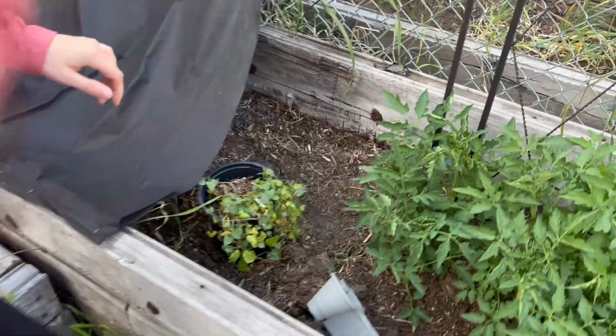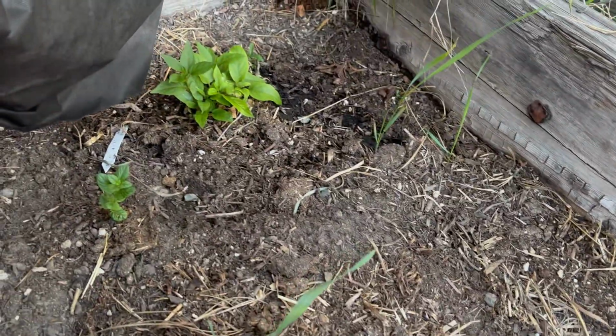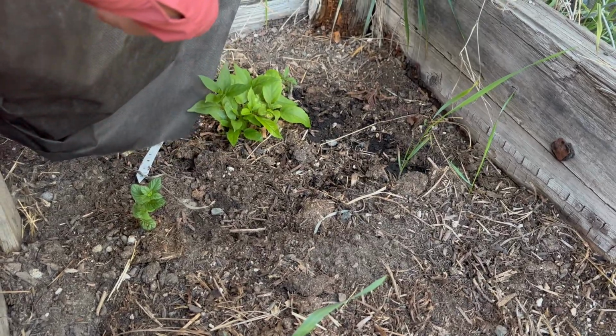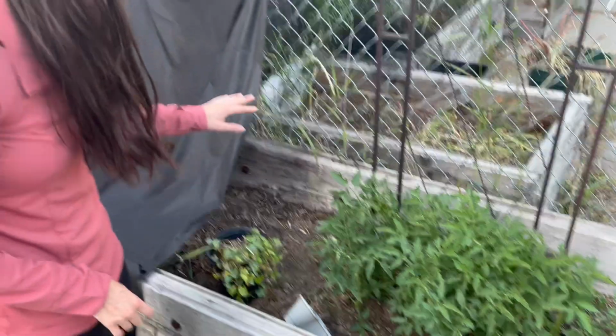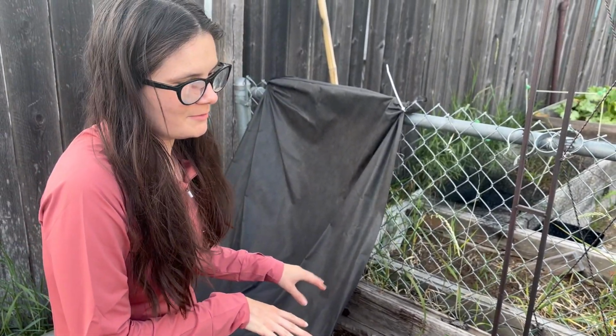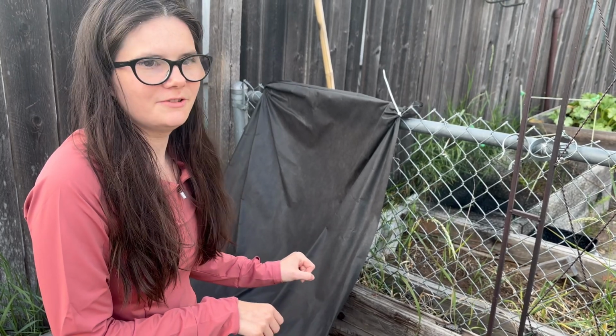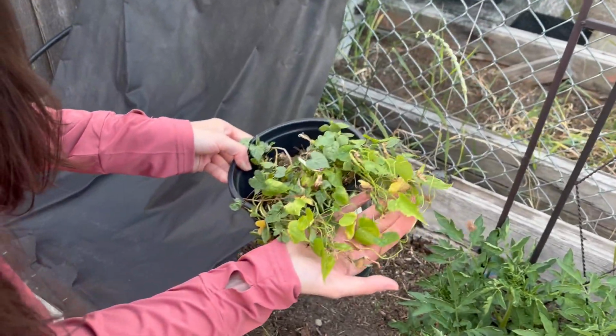And I got a kiwi vine earlier this year, and we had to put some cloth over it because it was burning, but there it is. So I started quite a few plants from seeds, and we weren't sure if they were going to make it, and I don't know if they're going to get fruit or flowers, so we'll just see how that plays out. These are Morning Glory